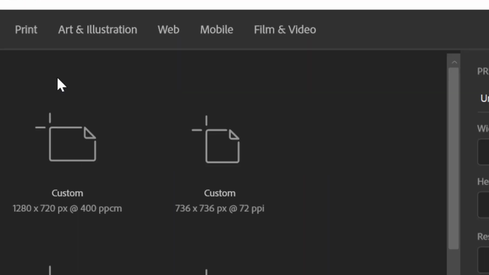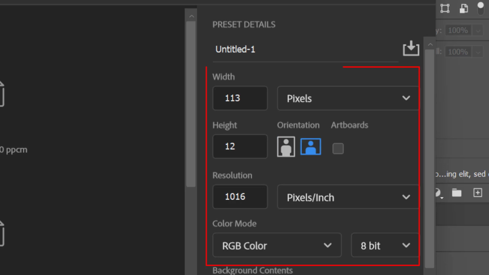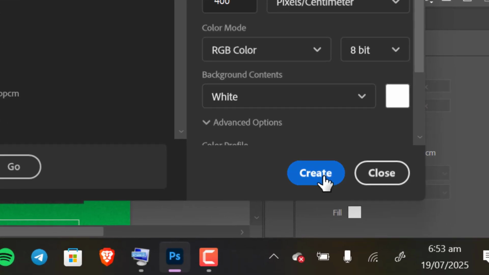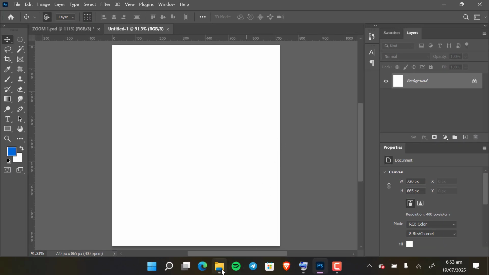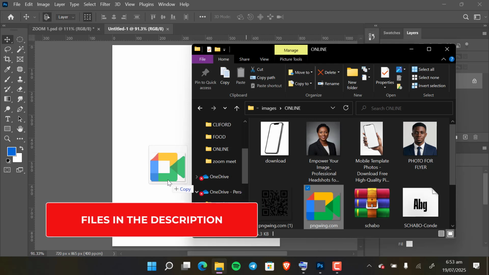So you go to File, select New, and this is going to be the settings for the canvas. Make sure you copy that and hit Create. Now once you set out your canvas, what you want to do is go to your File Explorer, bring in